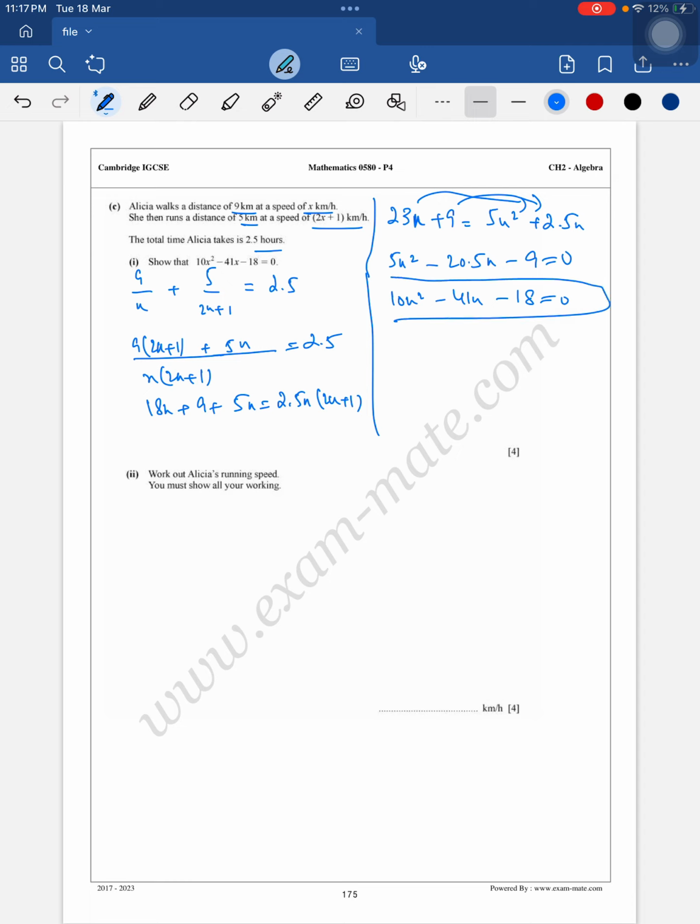That was the required value. Work out Alicia's running speed. You must show all your working. Now,